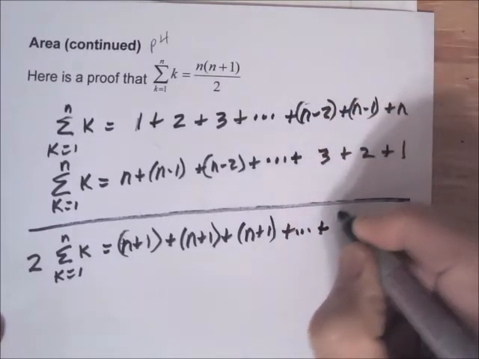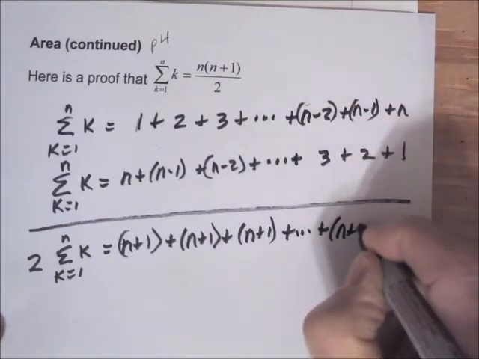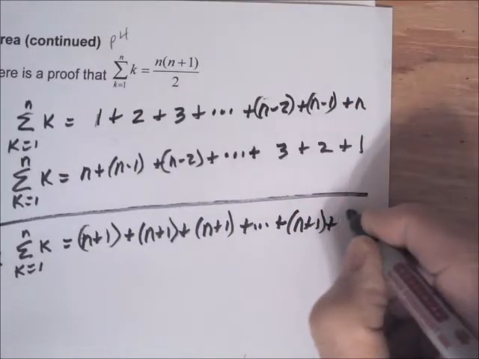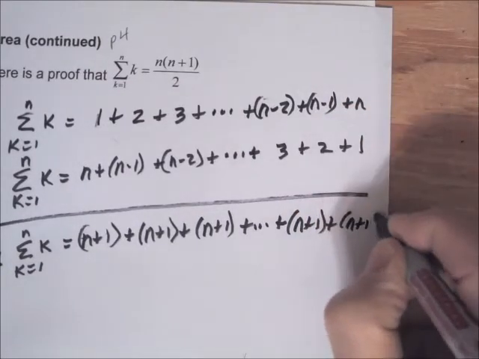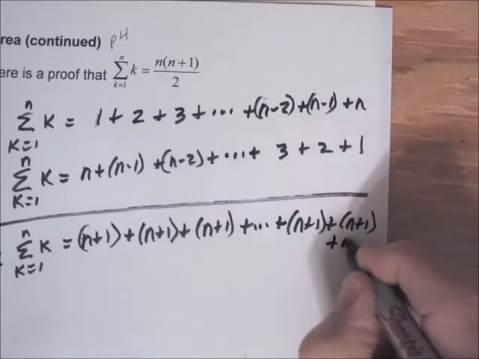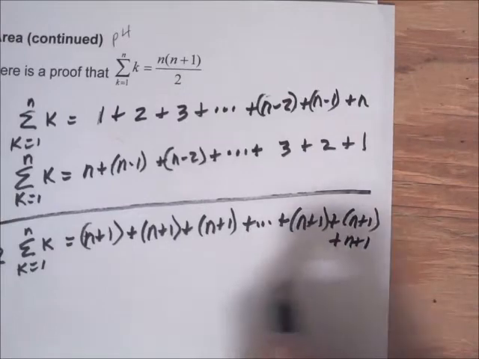N minus 2 plus 3 is n plus 1. N minus 1 plus 2 is n plus 1. I'm running out of room here. And then the last one is n plus 1. So I kind of ran out of room there. But anyway, we have